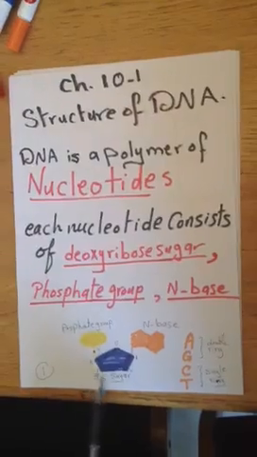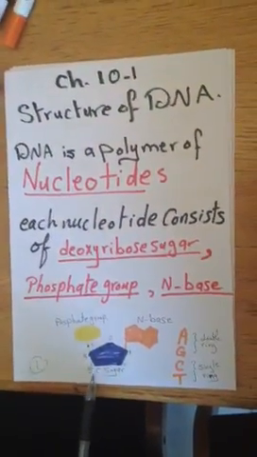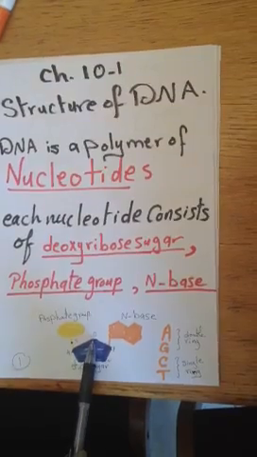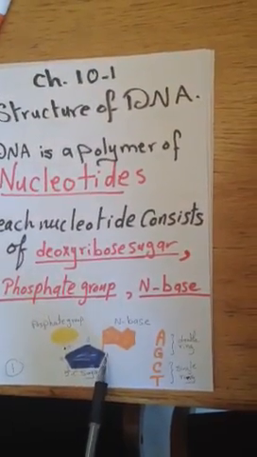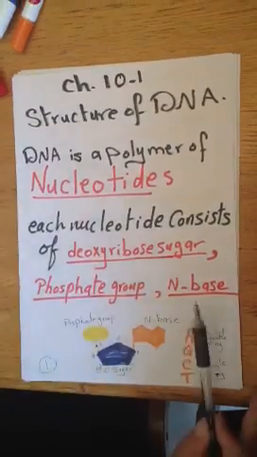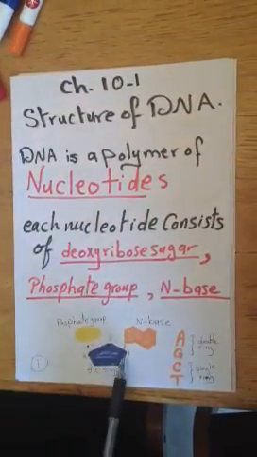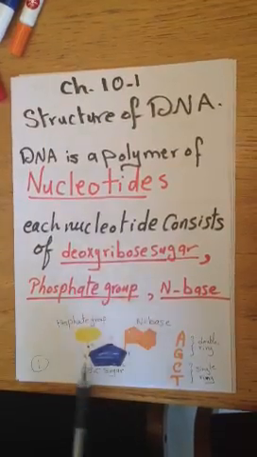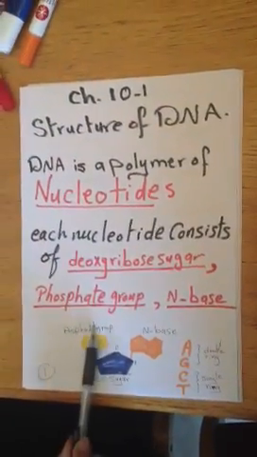Number 1 in the middle is the 5 carbon sugar. 5C means 5 carbon atom sugar. This is oxygen. This is not 0. This is oxygen, and we count the carbon from here. 1, 2, 3, 4, 5, and carbon number 5 is outside the ring. To carbon number 1 attached a nitrogenous base or a nitrogen containing base, and to carbon number 5 attached phosphate